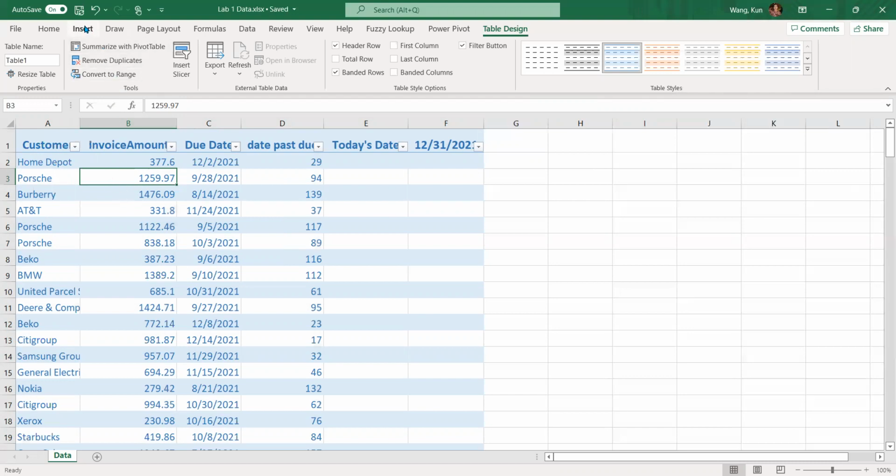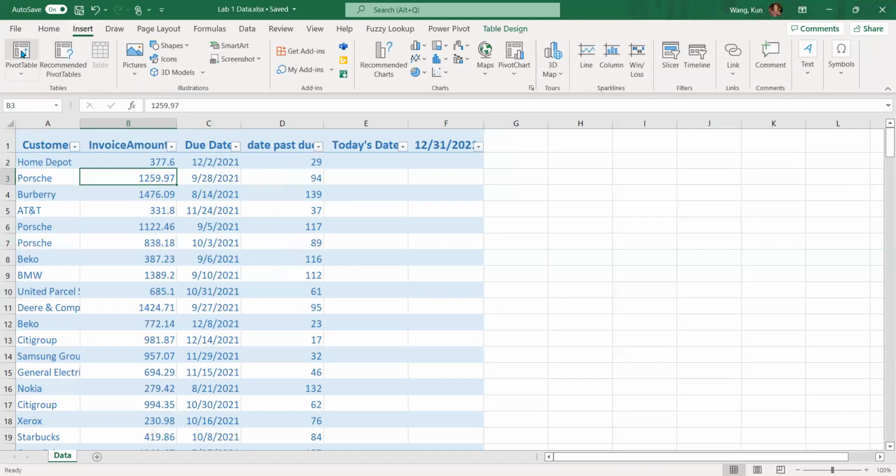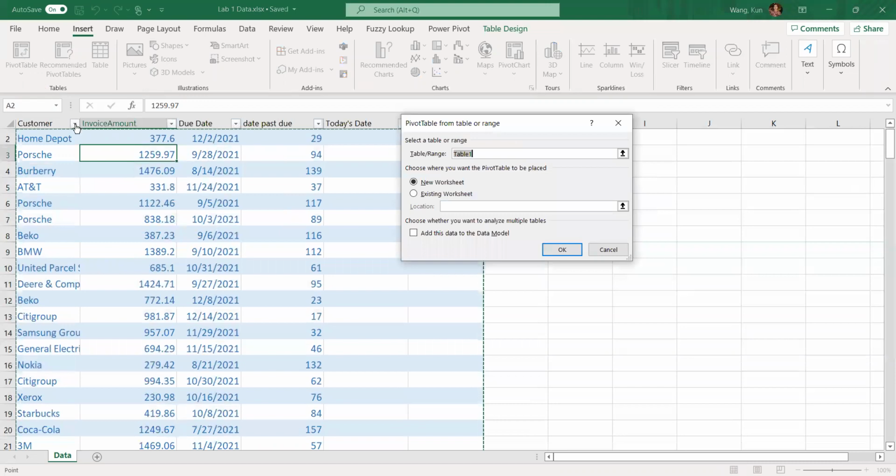and then Insert. You can insert a pivot table, or you can click here, Summarize with PivotTable, either way. If you click on Insert, the very first option is PivotTable, and the table range. This table name is automatic. You can change it to a different one or customize the name of the table. And I want my pivot table, my summary of the data, to be placed in a new worksheet,